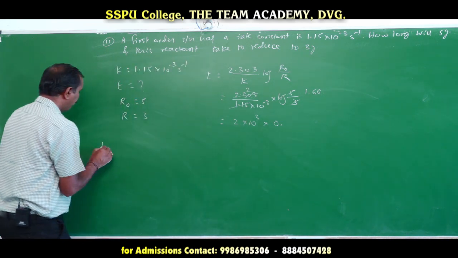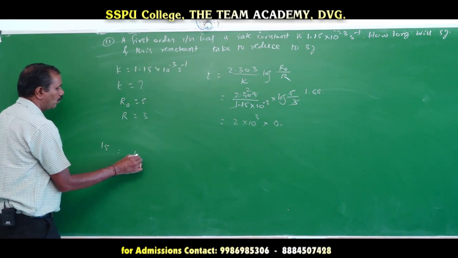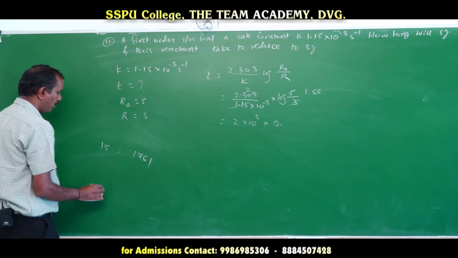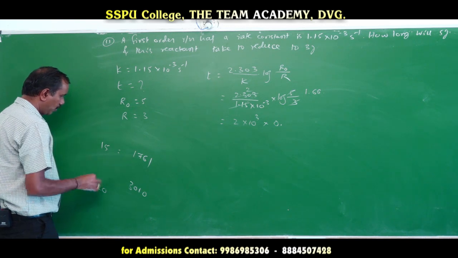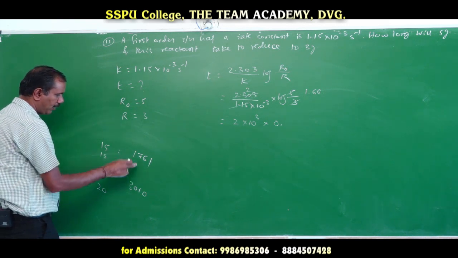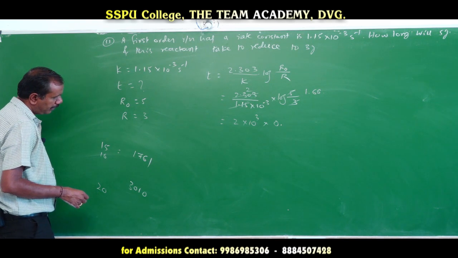The log value for 15 is 1761, the log value for 20 is 3010. So the log 16 value may become nearby